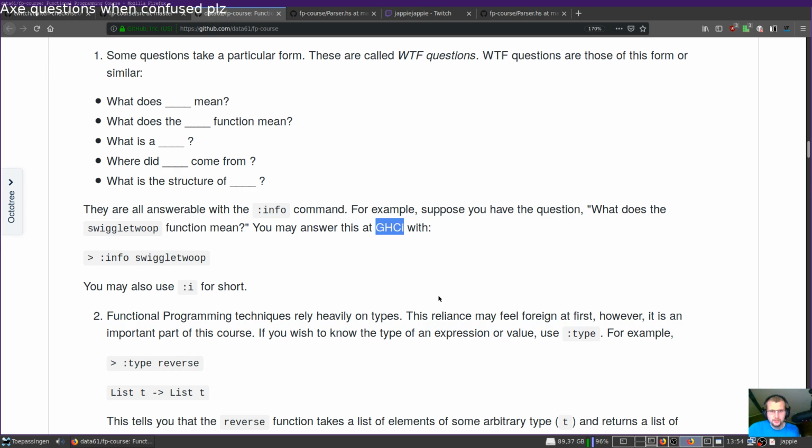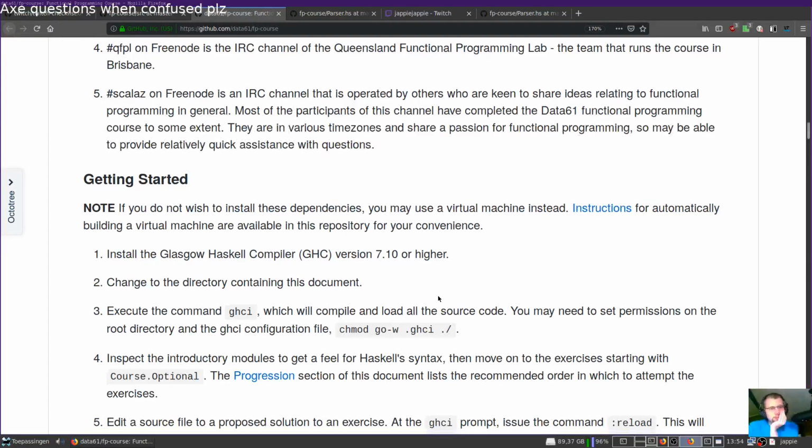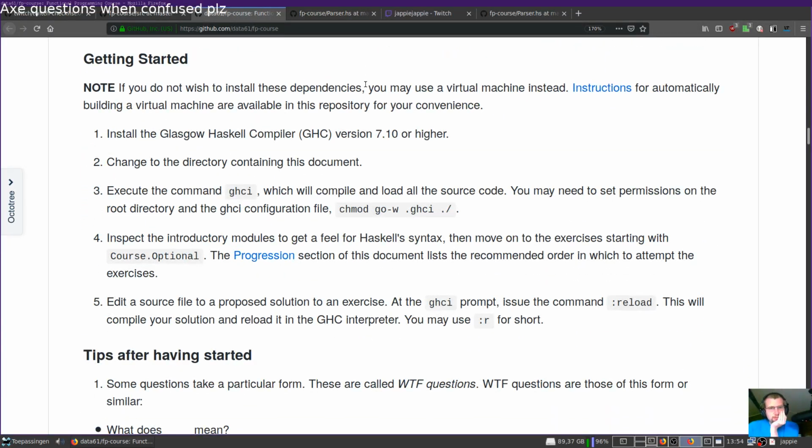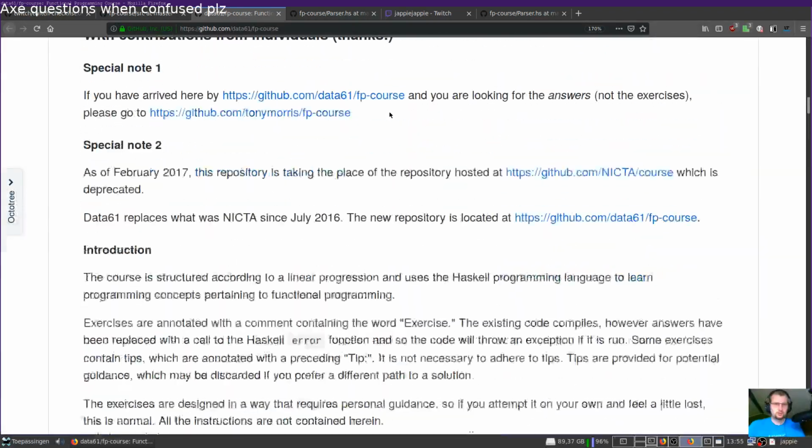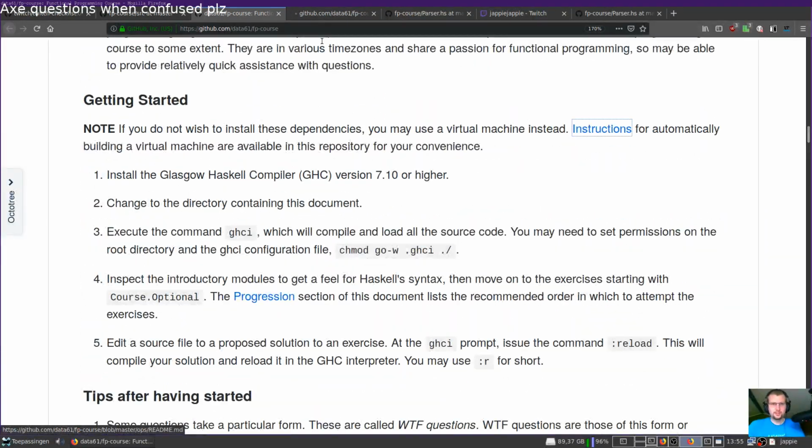Don't they have like notes about it? Getting started. Note: if you do not want to install these dependencies, you may use a virtual machine instead. That's such horror. Okay. Yeah, you can always use a virtual machine, man. Instructions for automatically building a virtual machine are available in this repository for your convenience. Kind of interested in that one. Like, what will it tell?